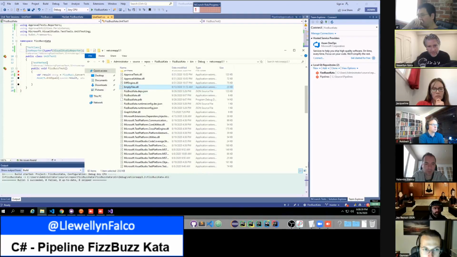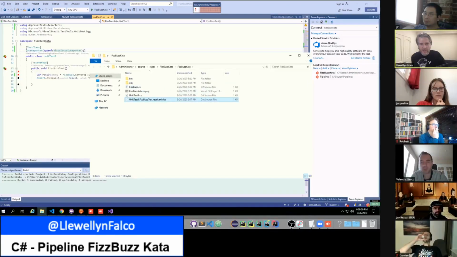So if we go, stay in Finder. Open this in Finder again, and clone the dot received and call it approved instead.